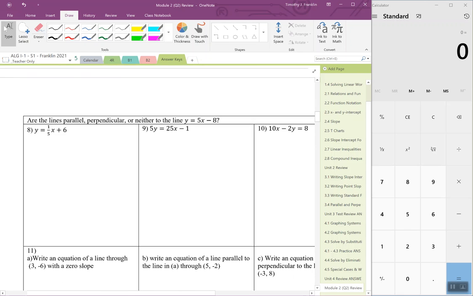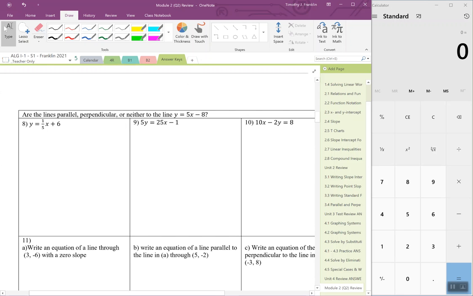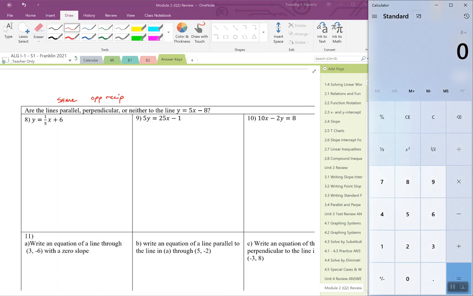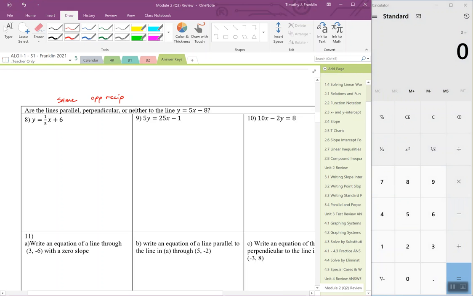Okay, moving on. Are the lines parallel, perpendicular, or neither to the line y equals 5x minus 8? Now remember, you're comparing the slopes. So parallel lines have the same slope, and perpendicular have opposite reciprocal, and neither has neither. If it's not the same or opposite reciprocal, then your slope is neither parallel or perpendicular. So for number 8, we have 1/5 here. And if you consider that with the slope of 5, that is the reciprocal, but it is not the opposite. So this is neither